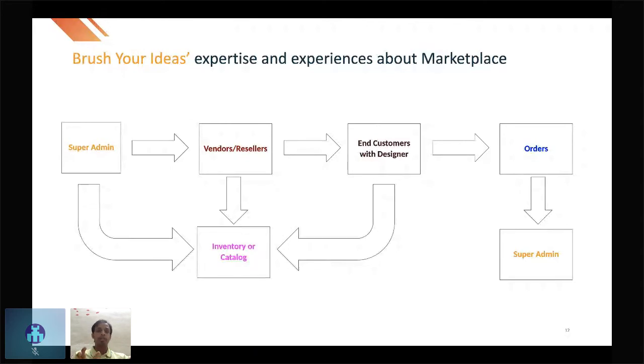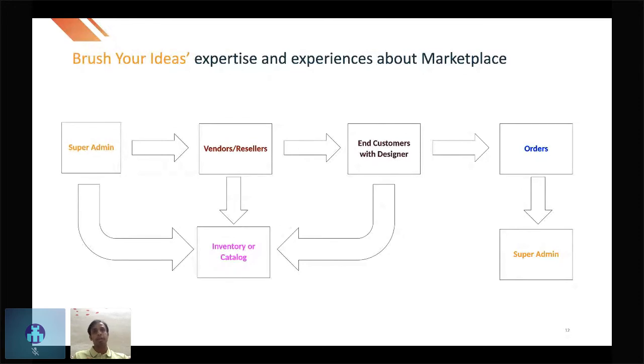The end customer will be registering with the vendor's website or the owner's website. They will be choosing one of the products, which are either owned by the main business owner or offered through the vendors or resellers. So what does it mean?